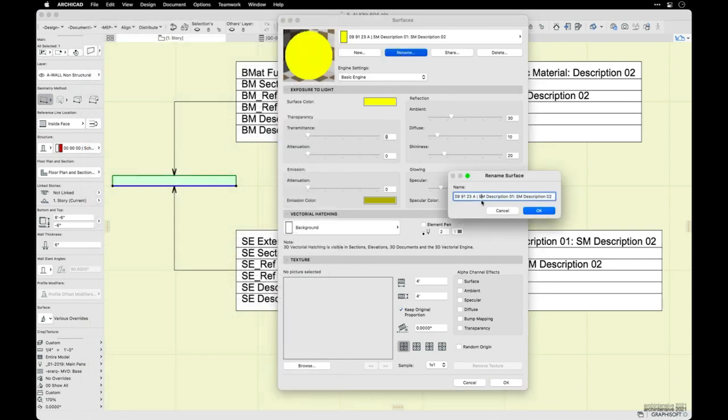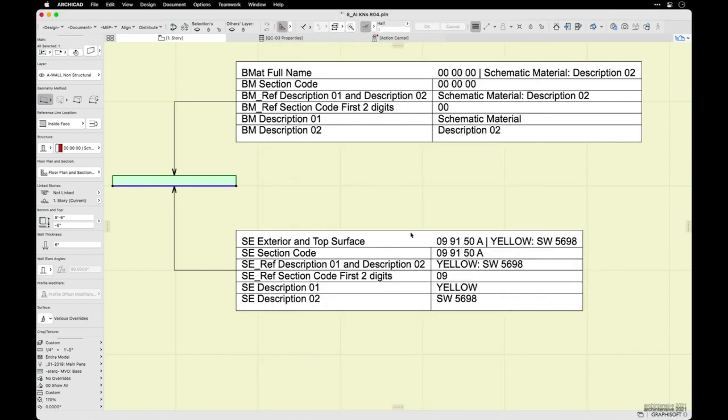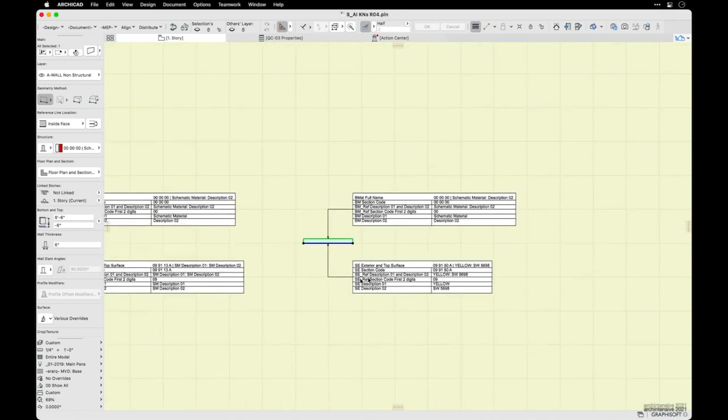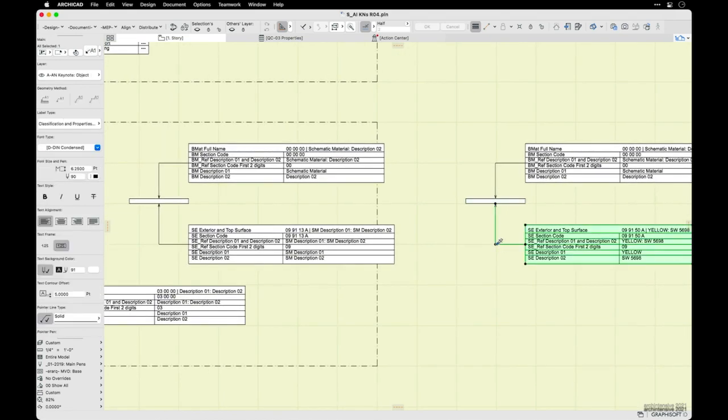Rename, let's say 50, surface material, let's say yellow, and description should be Sherwin-Williams 56098. And it changes, so that means that this works for this one, and if I apply this label to the slab,